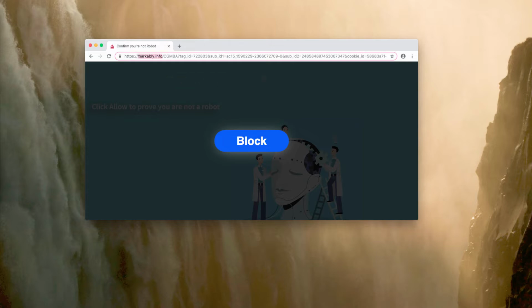Markably.info may appear randomly in your screen and basically infect your system as a result of these redirections. So you should be very careful not to trust these alerts, not to interact with them. They may tell you some faulty information that you need to click on allow to prove that you are not a robot, or supposedly to fix your internet connection, or to verify your age, or some other misleading and totally